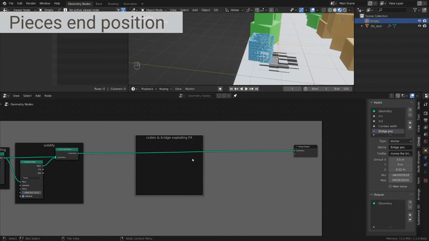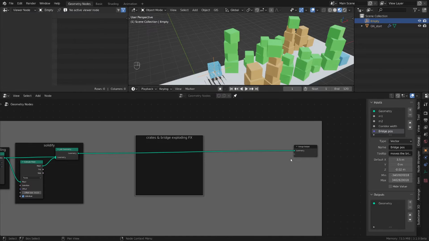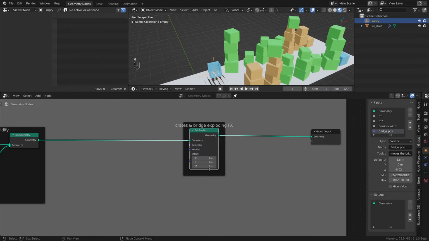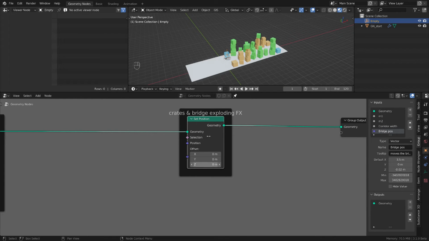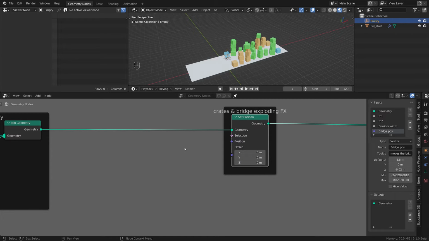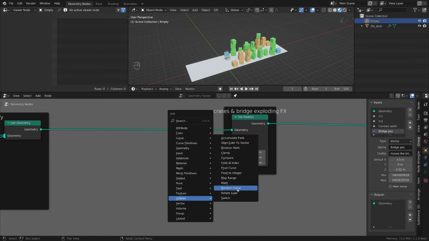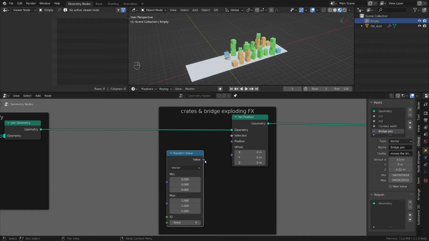So like I showed you earlier, we want to decide the end position of our pieces from the exploding effect. So how can we do this? Well, let's do a geometry set position. I'm gonna plug it here, and now this will control the position of everything we see here on screen. So in order to make things the way we want to do it, we will need something random. So I'm gonna take a random value, switch this one to a vector, and if we plug it here into the position,